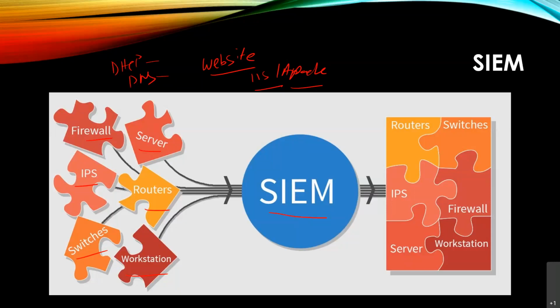We will see how we install the SIEM solution and how we integrate this SIEM solution into the network. How do you start collecting logs from various devices into your SIEM? How do you fine tune your SIEM solution so that you will be able to understand what is actually happening with the network, right?